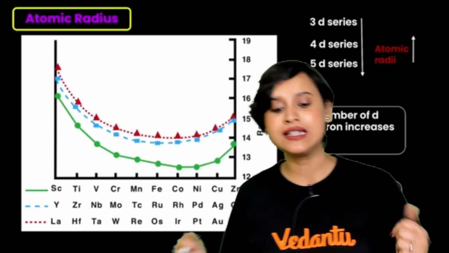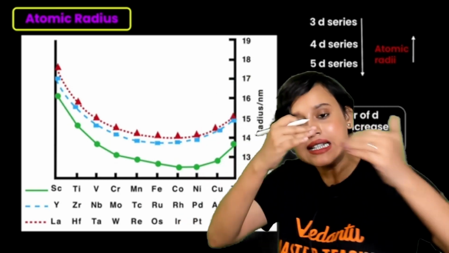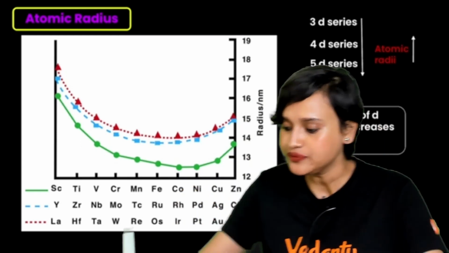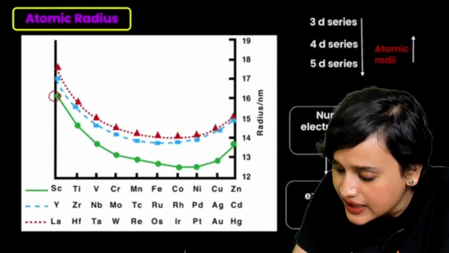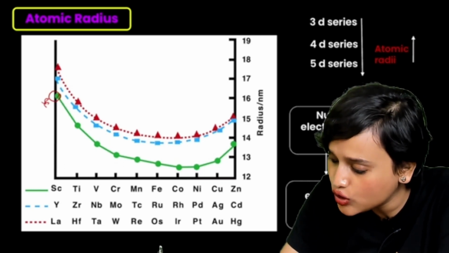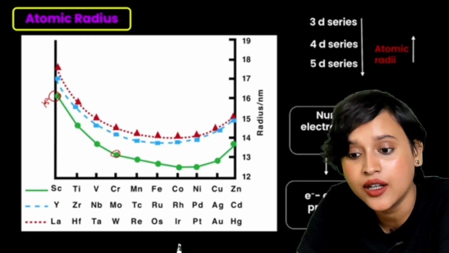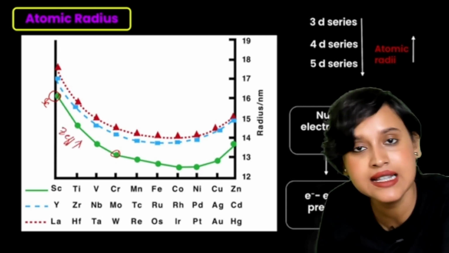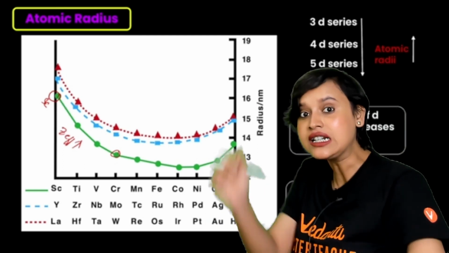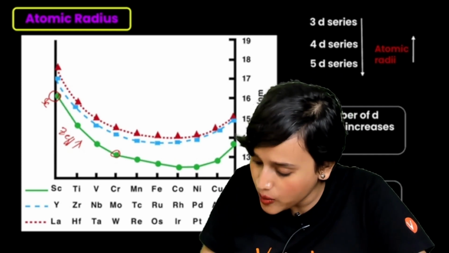Alright, so what do we see? We see that from scandium to chromium, the size decreases. Why? Alright, let's write it down, everybody. From scandium, right here, this is your scandium. From scandium to chromium, you see that there is a decrease in the size. Why? I just told you. Z effective has increased. Because Z effective is increasing, the size is decreasing. Right? Now what happens? You see that from